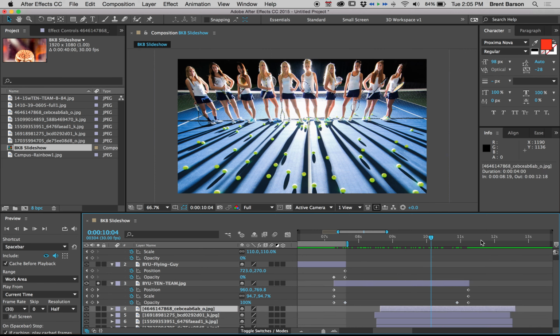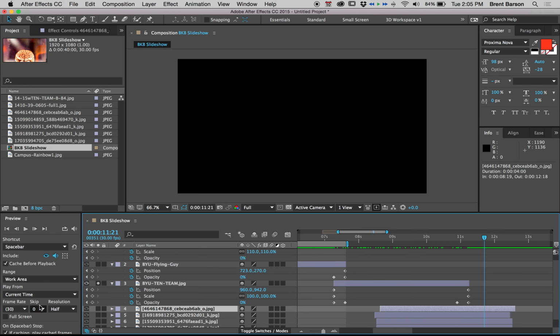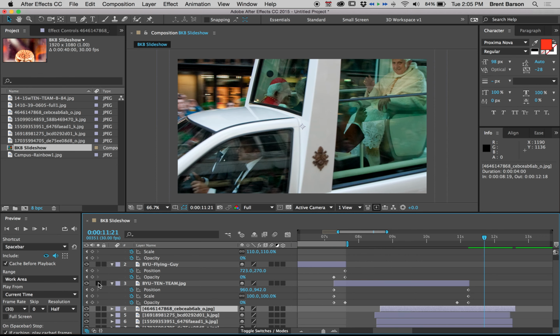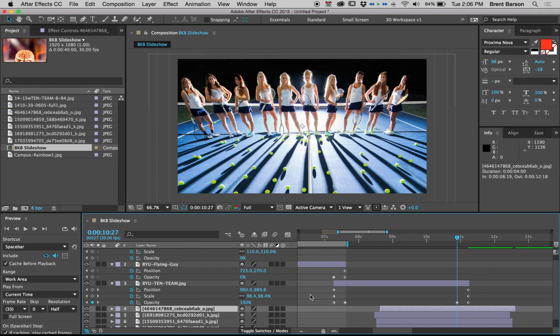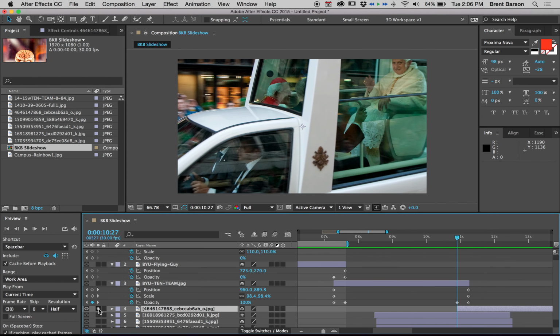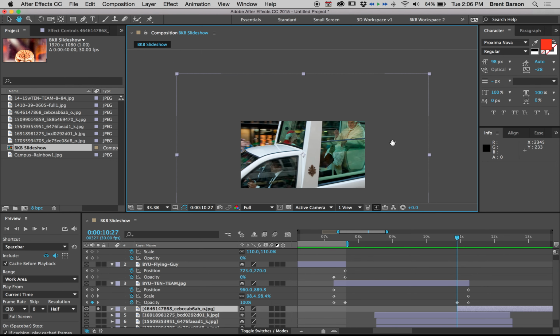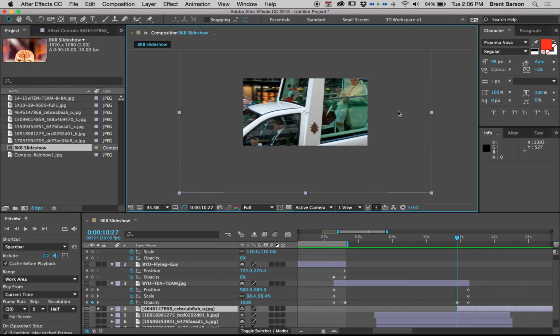Let's get to the next image, which is, let's see, we don't know because we're soloed on our tennis team. It's the Pope. Okay, so let's jump to the second to the last opacity keyframe of our tennis team and hit left bracket on our Pope image, and then let's solo our Pope image. Okay, this is a very large image, as you can see here. So what we're going to do,